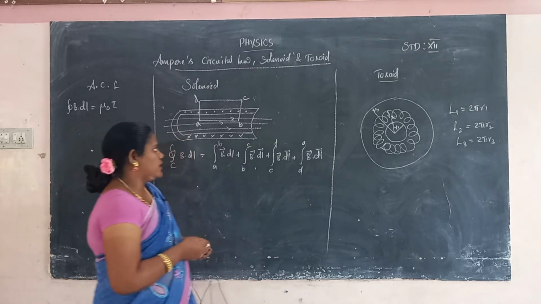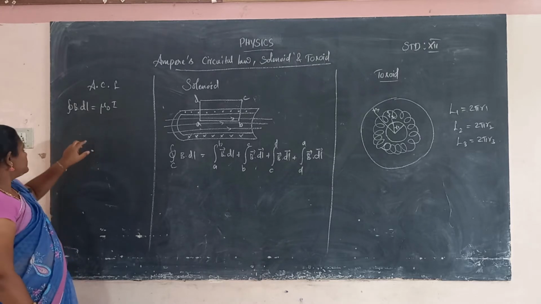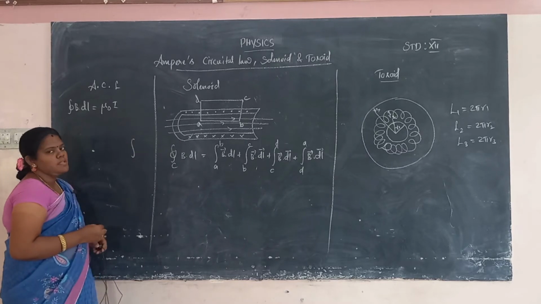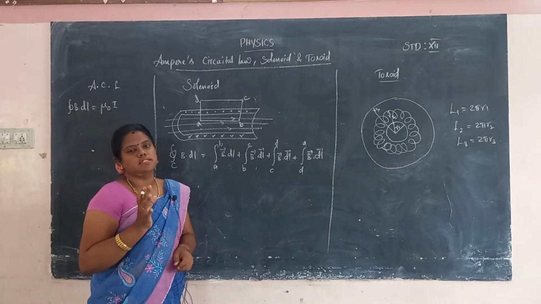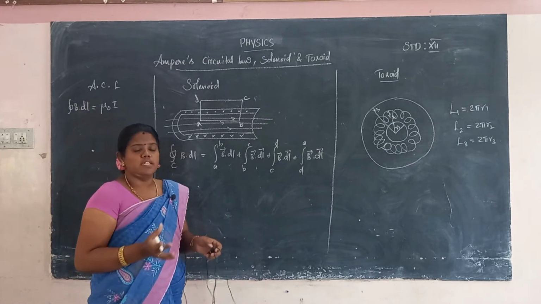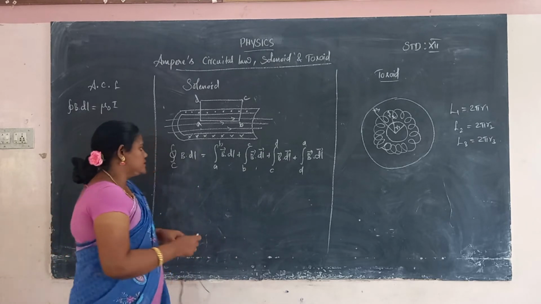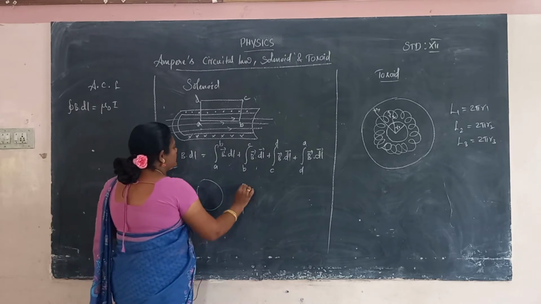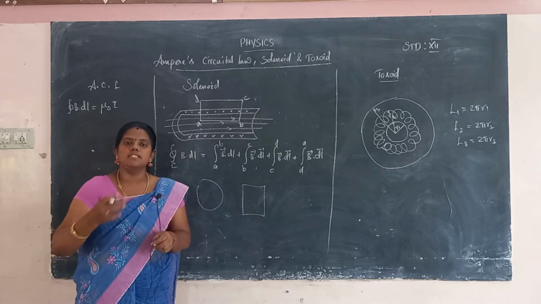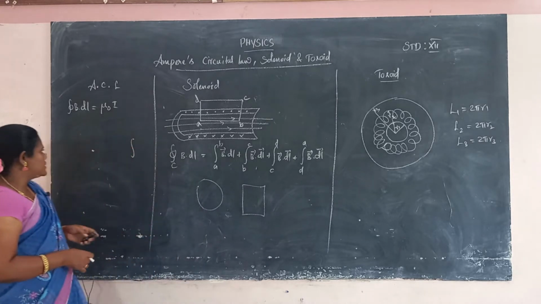The Ampere circuit law is the closed integral of B dot dl equals mu naught I. How do we mention the line integral? A line integral is taken over some quantity along one particular path, but a closed integral requires a closed path. Consider a closed circle or a closed square, or anything; the symmetry may vary, but the shape must be closed. That is how the closed integral is used.